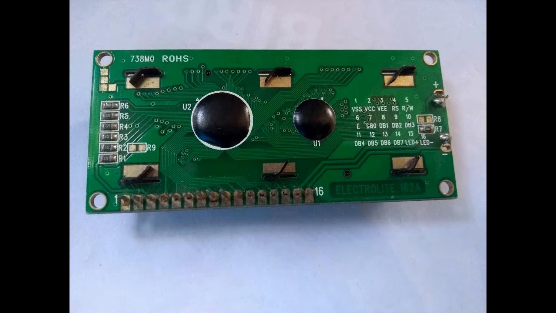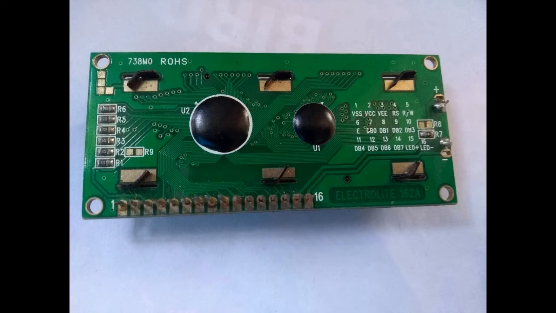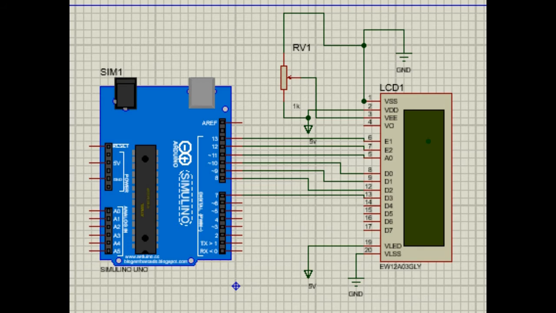In the 16 by 2 LCD display, there are about 16 pins. The digital pins are for encoding the data which should be displayed, and there are also VCC and ground. That is common to everything: VCC is 5 volt and ground is 0. One pin is connected to a trigger pin for adjusting the contrast of the LCD display. Then there are the enable pin, the read/write pin, and the register select pin.